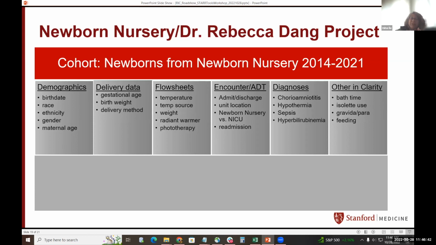She wanted to have the encounter data: the admit and discharge, when the babies were moving from delivery to the newborn nursery or to NICU or to someplace else, like sometimes they were going into surgery; when the babies were reunited with their mothers in the same room; if there were readmissions. And then we also looked at some of the diagnoses: chorioamnionitis for the mothers, hypothermia for the babies, and sepsis and